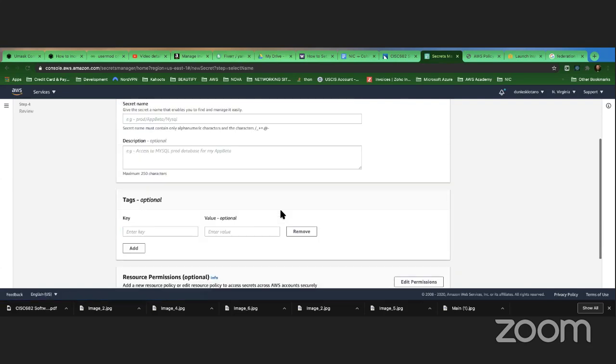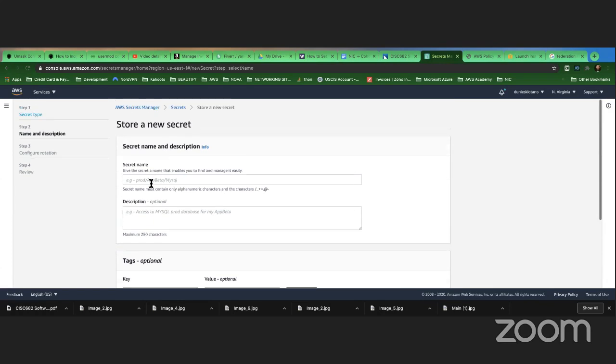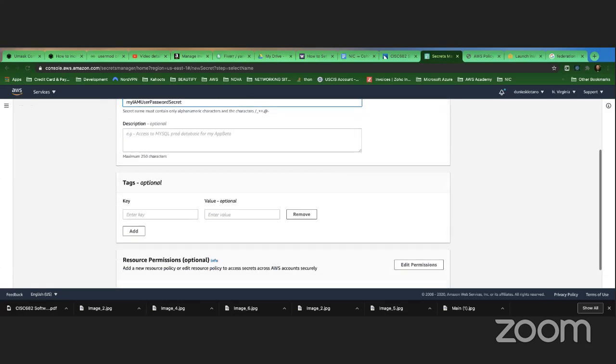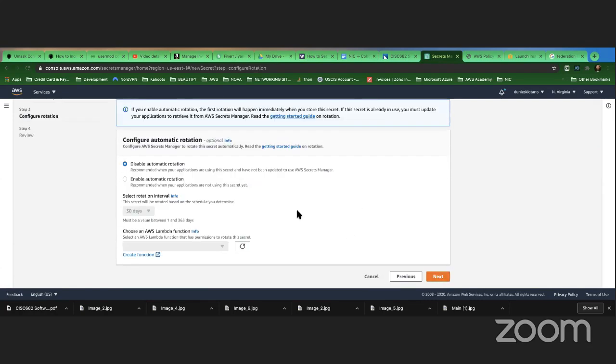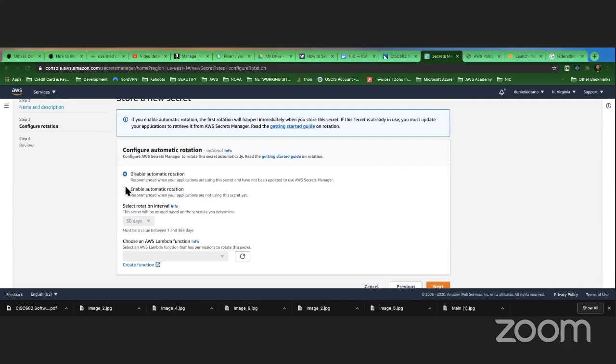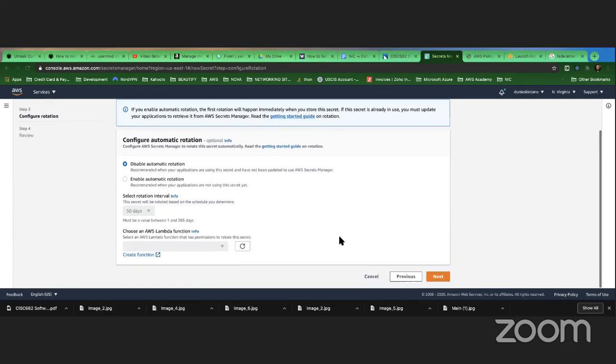Then I click next and give it a name: my IAM user password secret. I can put a description here and click next. Then I can enable rotation, in case I want it every 30 days. It's going to ask me for that. For now, I'm going to leave it that way.